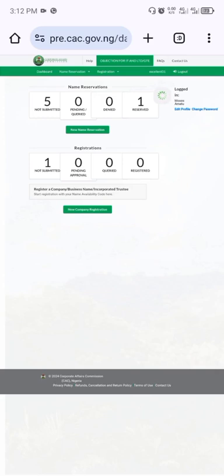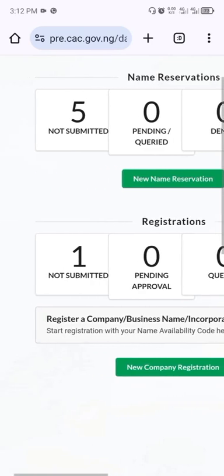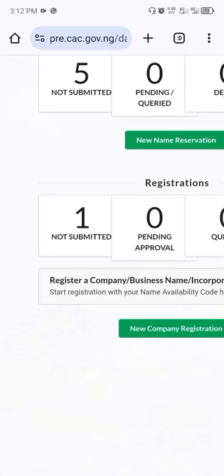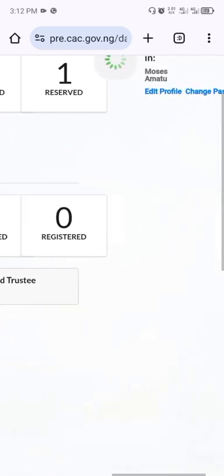Now, remember we have registered, we have made name reservation and names have been approved. Out of the two names, one will be picked and then approved. That's the one that has been reserved here. Okay, now I will come here, where you have a name that has been approved. You come here, you select to continue here. When you click here,